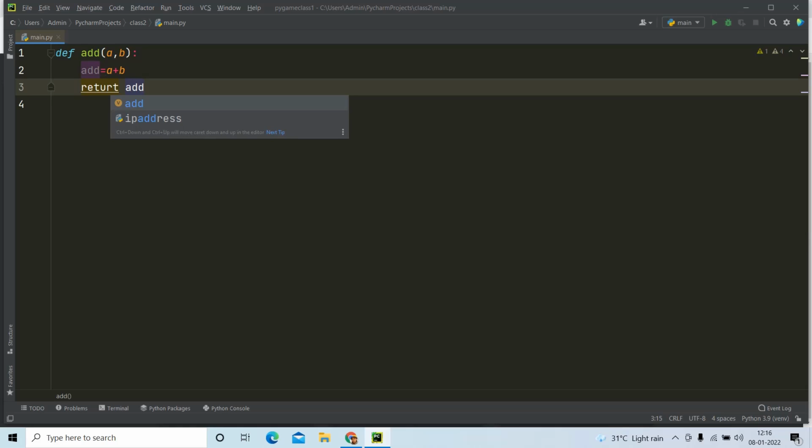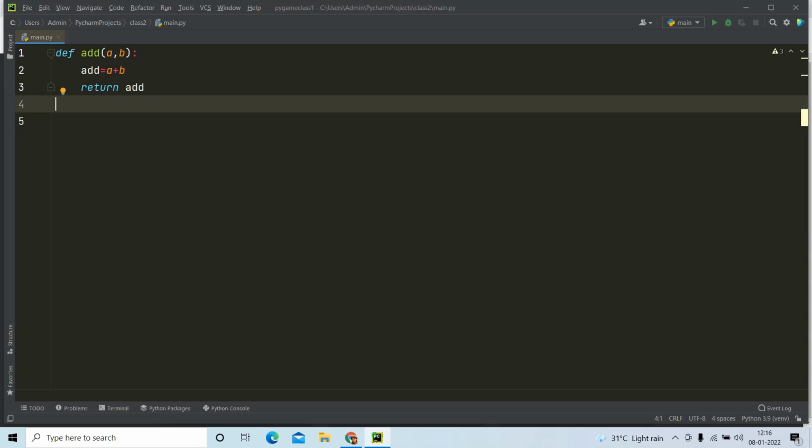This is the basic function, where you have defined a function, made some operations, and returned what you need to return. Now this part of the code will not be executed until this particular function is called.